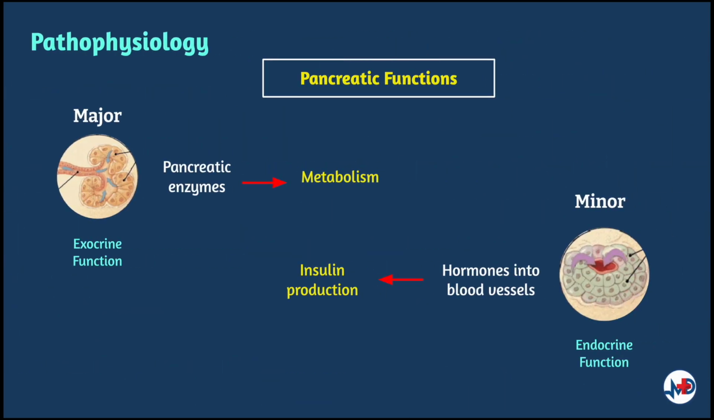Before we understand the pathophysiology of pancreatitis, let's understand the physiology of the pancreatic function. The pancreas is a gland located in the upper posterior abdomen. It is responsible for the insulin production and the secretion of digestive enzymes leading to carbohydrate, fat, and protein metabolism. The major area of the pancreas is involved in the exocrine function, and the remaining minor part is involved with